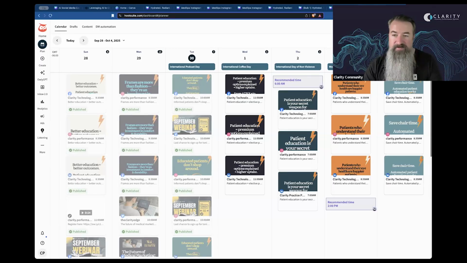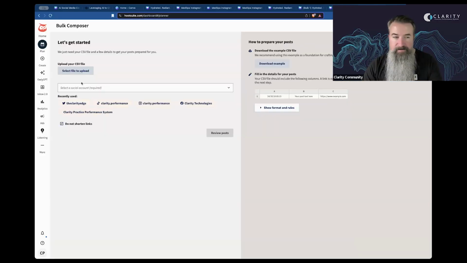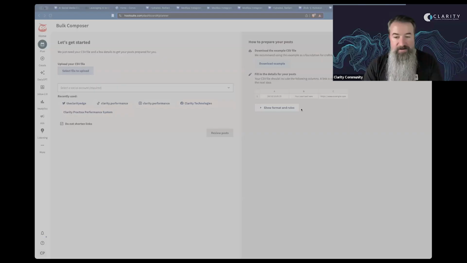Hootsuite, just what we prefer. And so their feature is called Bulk Composer. And it asks you to select a file to upload, right? Similar to just what we did before. And so I have pre-made this file, this bulk scheduler